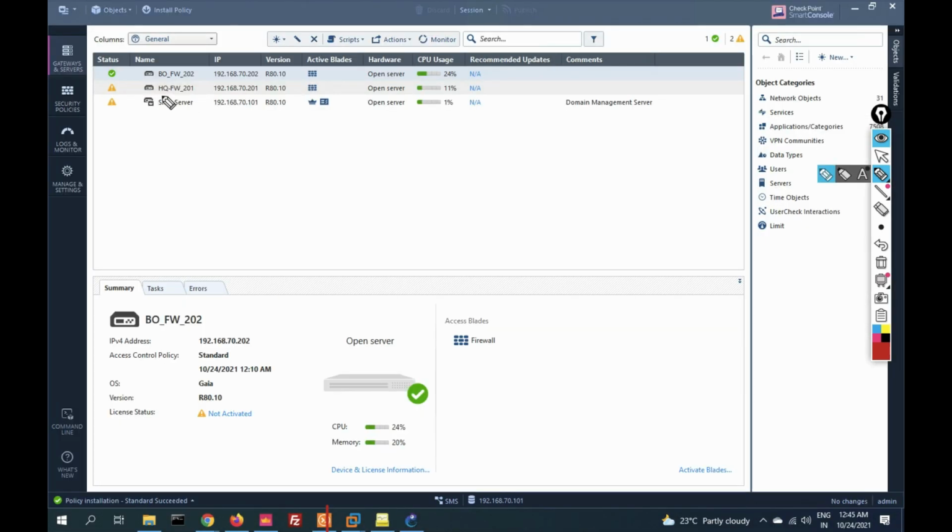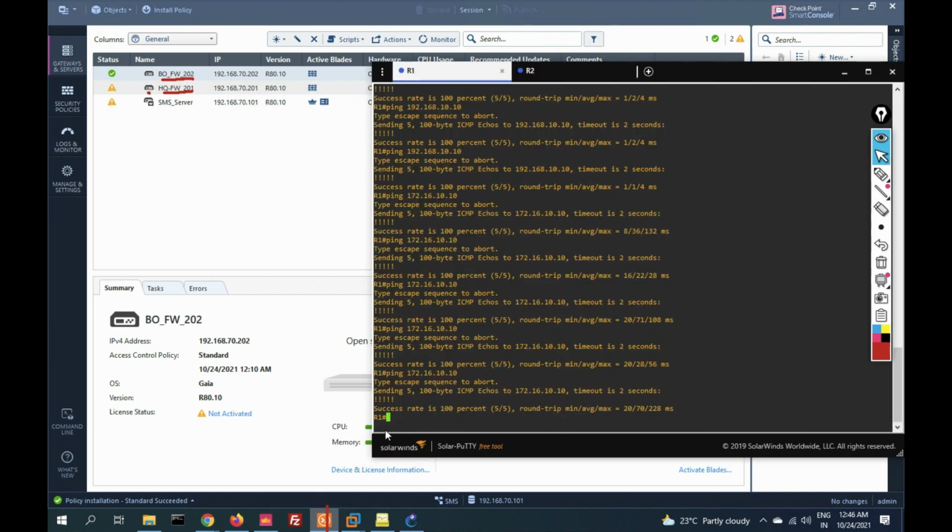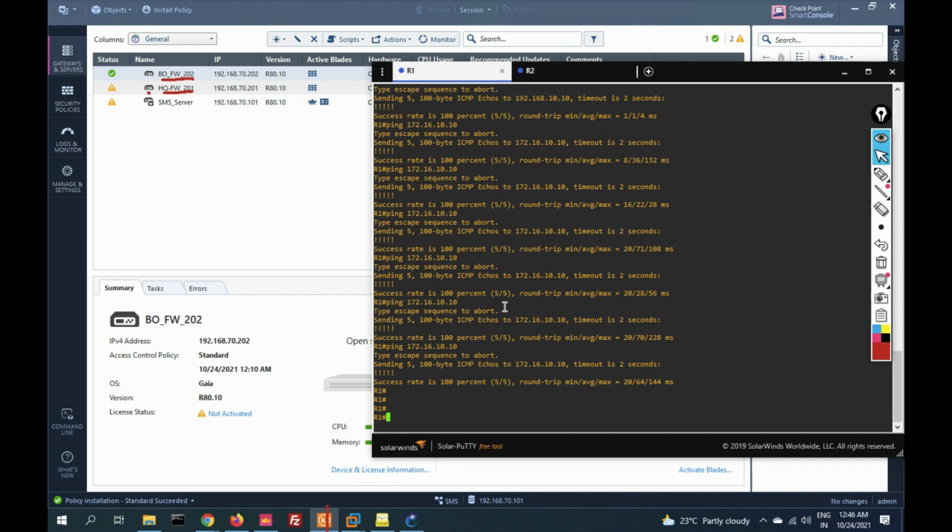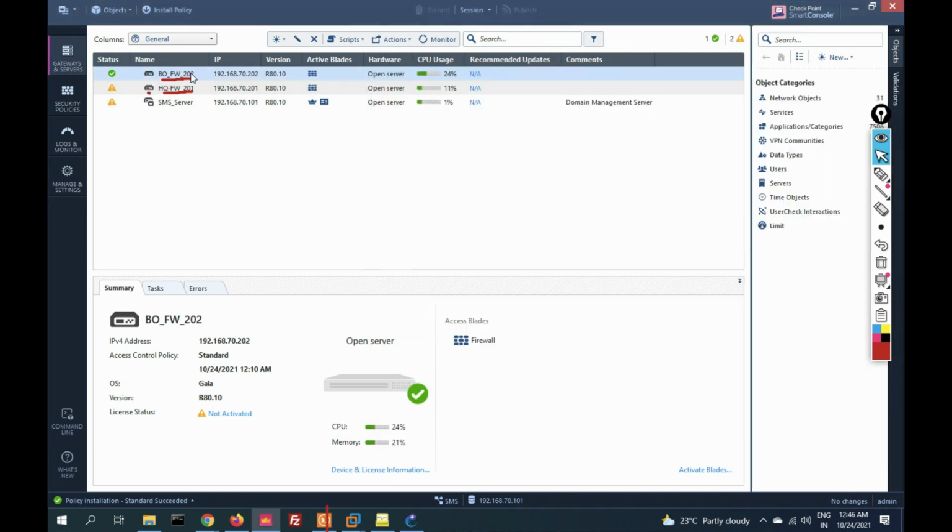So friends, you can see this is my smart dashboard. Both firewalls are managed by a single management server. You can see this is my firewall 1, the headquarter firewall, and this is my branch office firewall. First, let's check traffic from router 1 to router 2. Am I able to ping the branch office network or not? Let's check. I'm able to ping here. I have already added both gateways here. So now go to the headquarter firewall